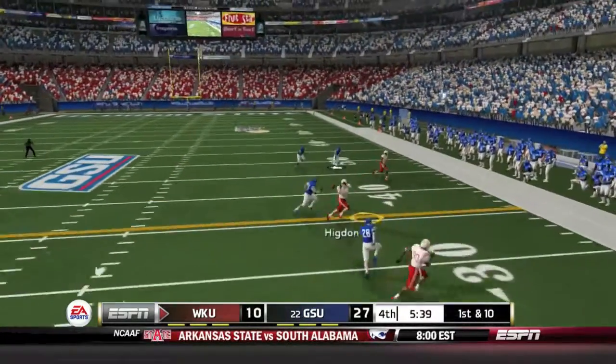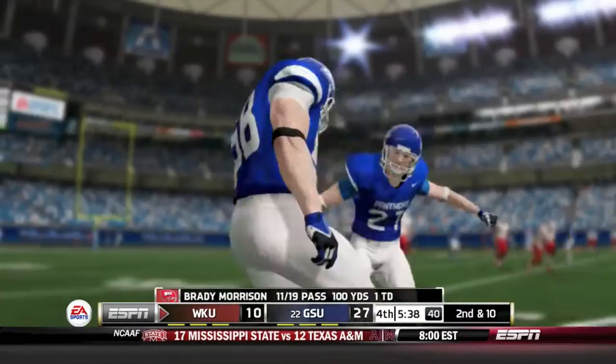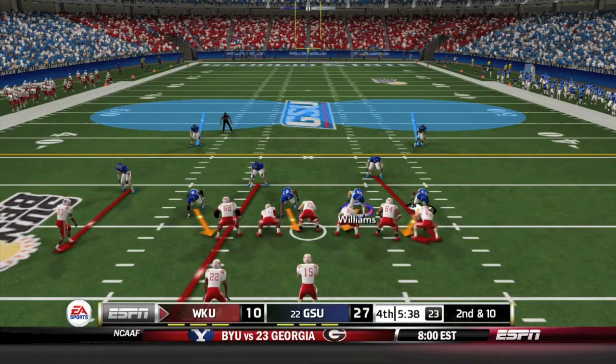Morrison back to pass here. He's going to hit. Oh, Higdon drops the ball there, and that will set up 2nd down and 10 here